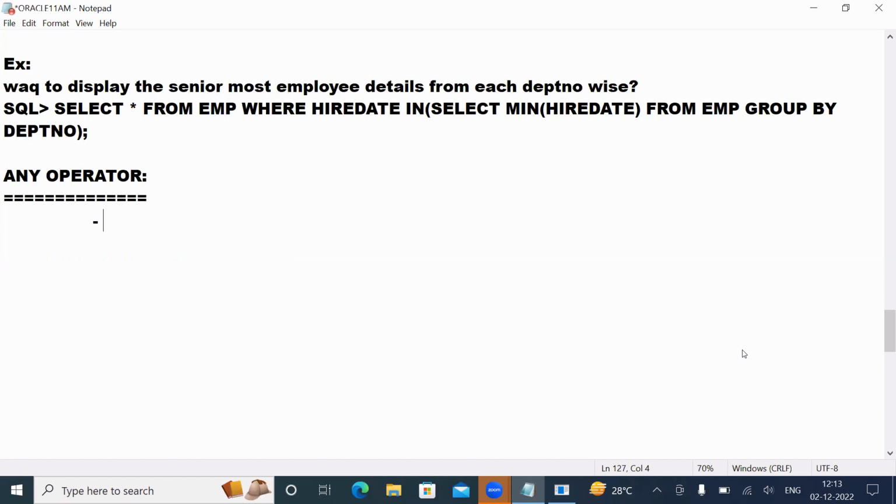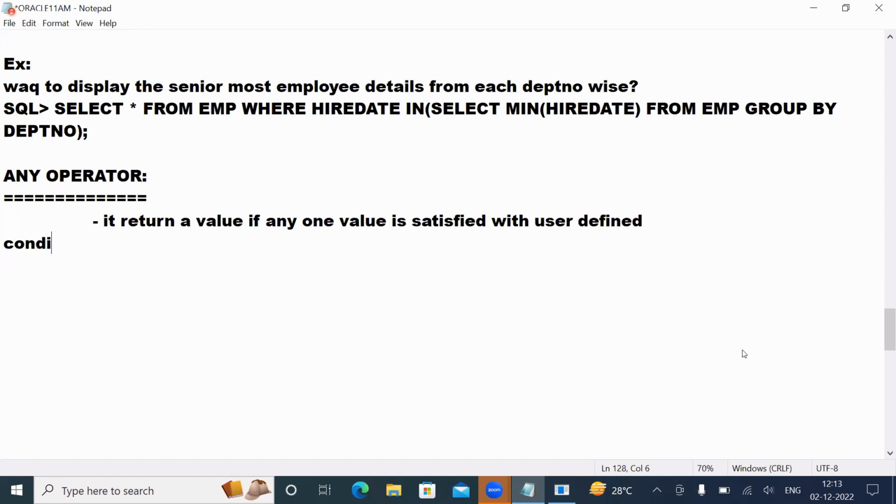In the list of values, if any one value is satisfied with the user defined condition from the list of values, then it returns true. Otherwise,